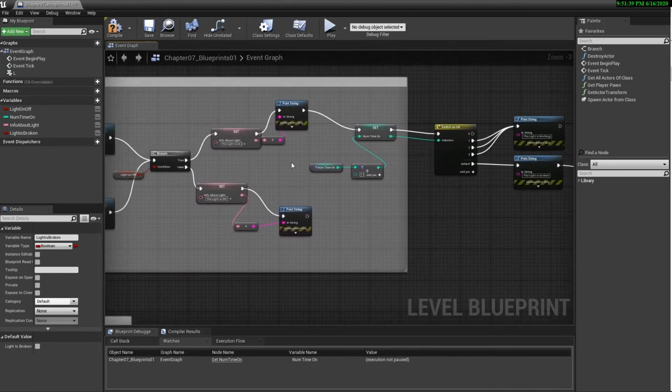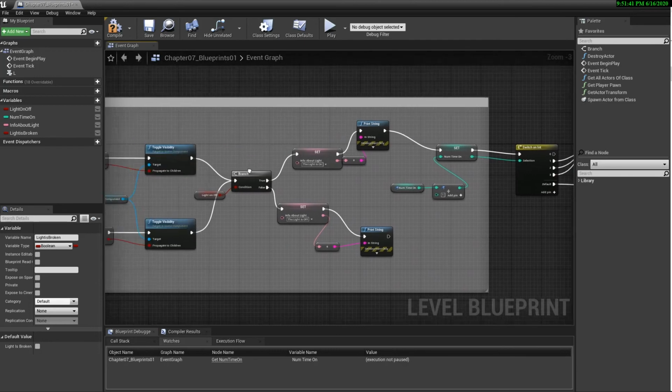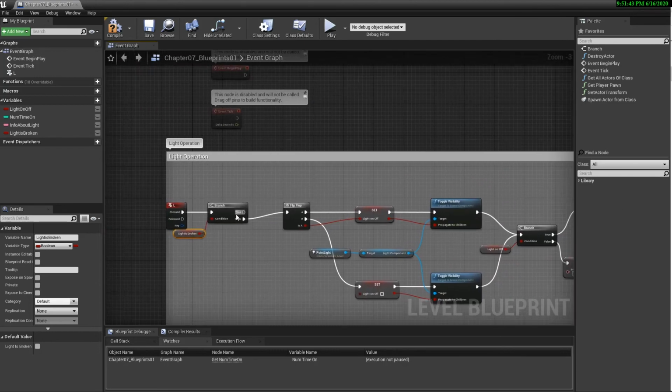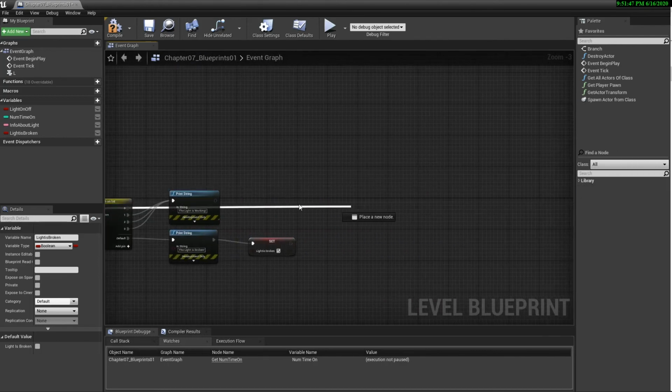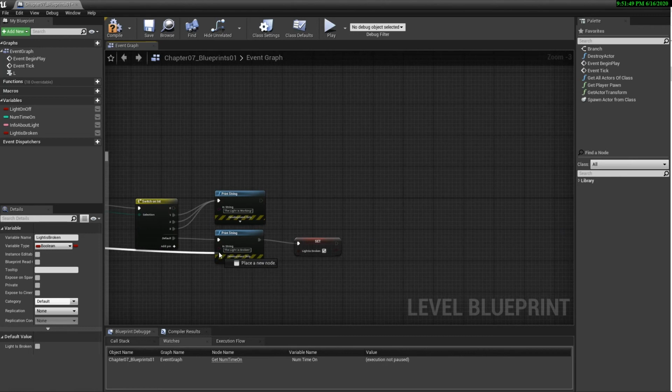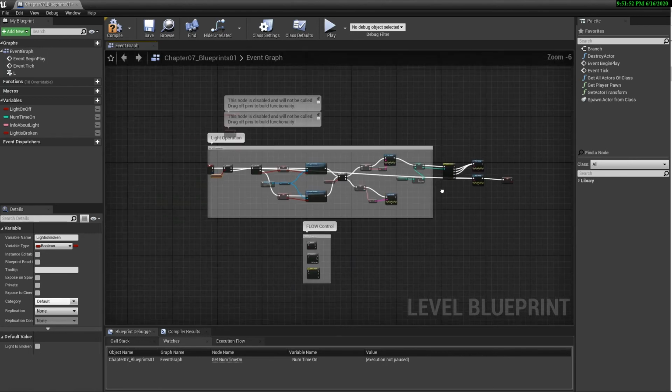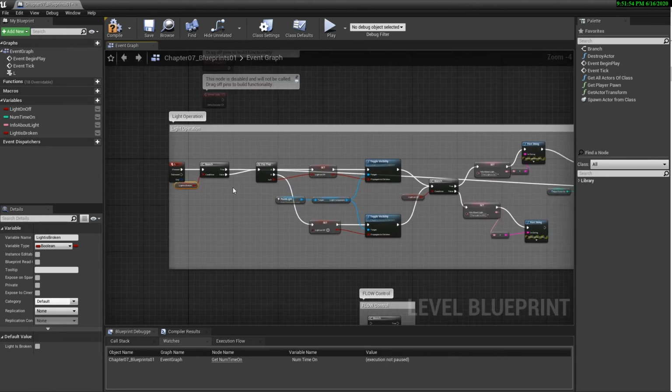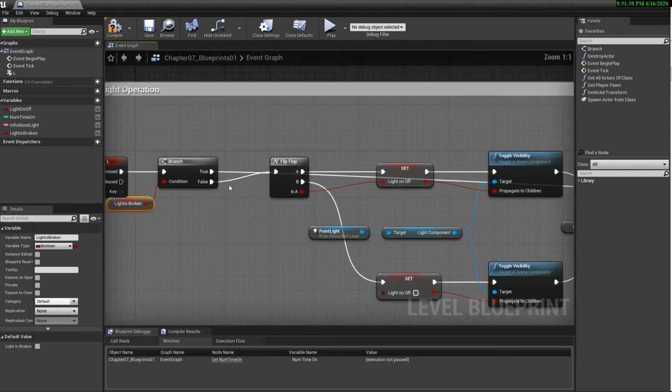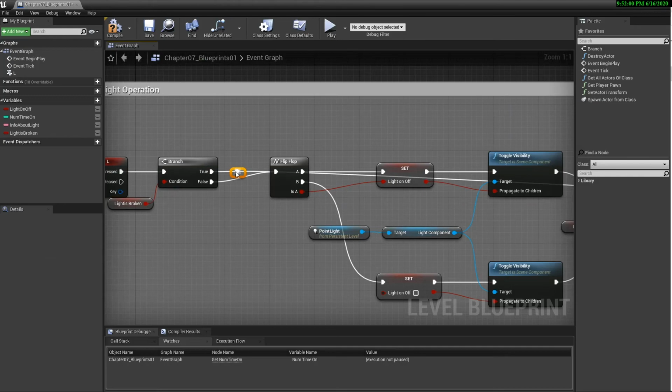Now we could copy and paste this node, and that's probably the best solution. But I also want to demonstrate the reroute node. So I'm going to drag off of here and say, just plug this into the light is broken. Now that looks pretty ugly. All the way from the true. So if you double click here, also it's not that readable.